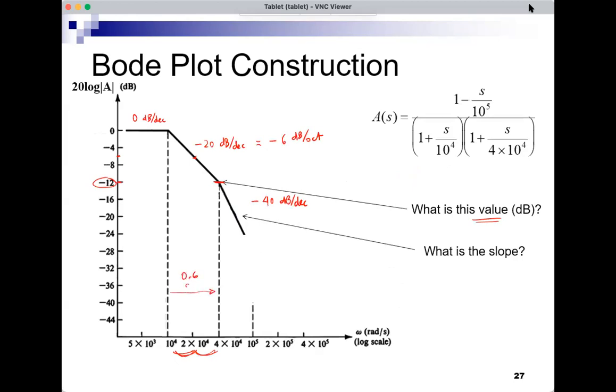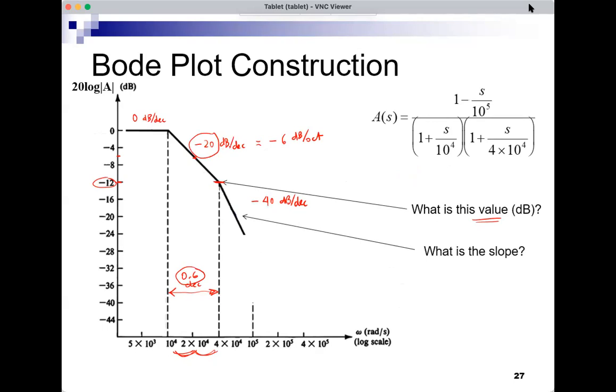This distance is 0.6 of a decade. It's less than a factor of 10. A factor of 10 would have been 1 decade. This is a factor of 4. A factor of 4 is 0.6 of a decade. So if you take this 0.6 and you multiply by the minus 20,